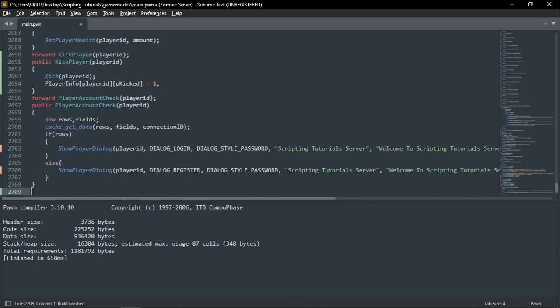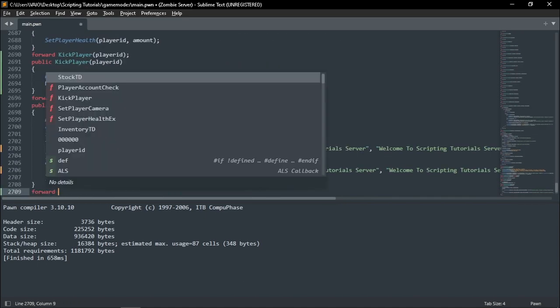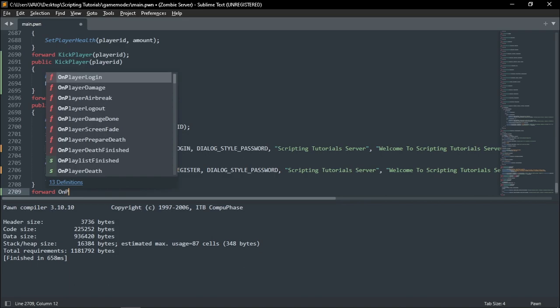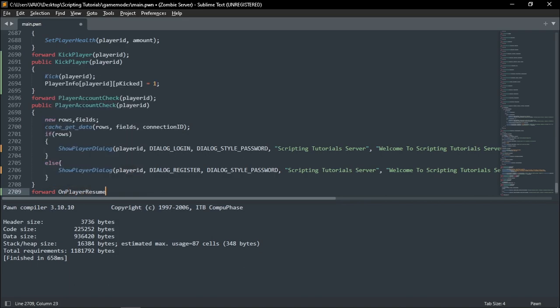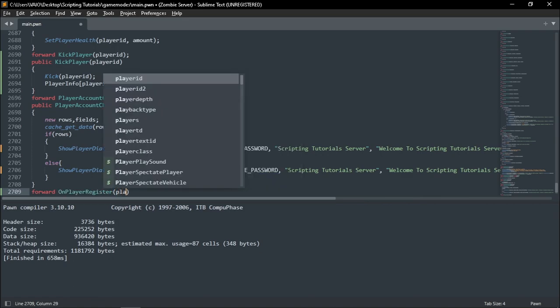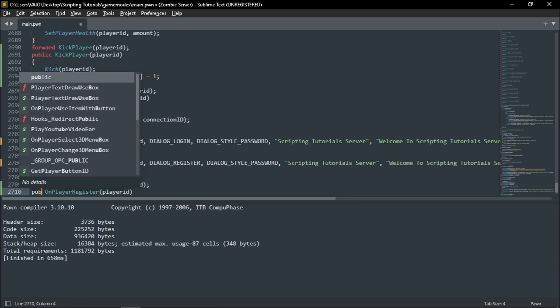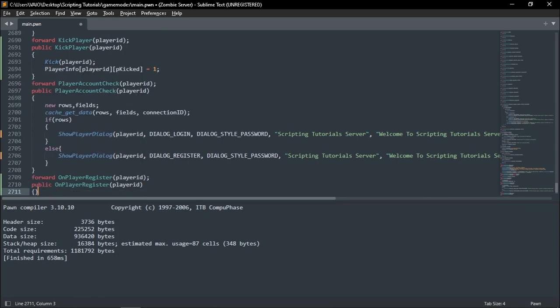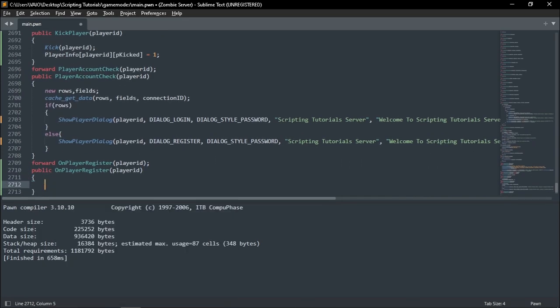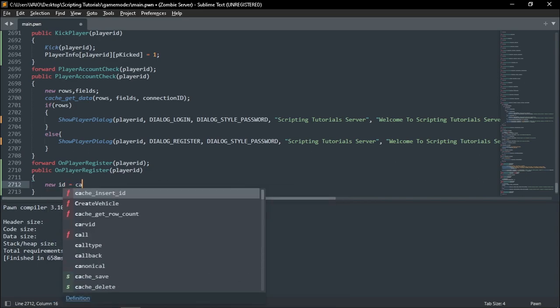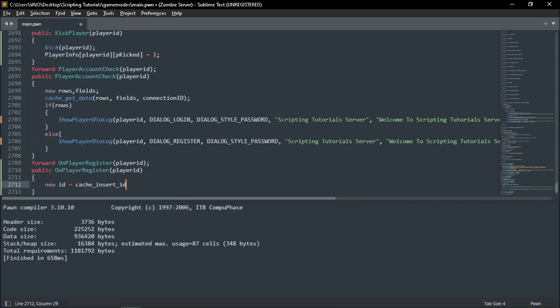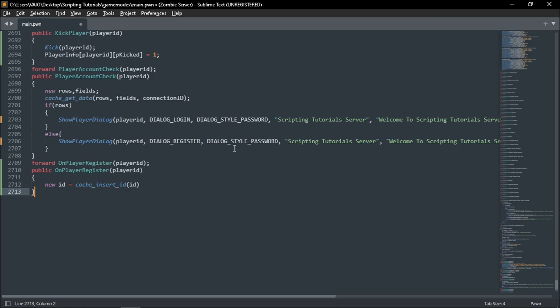So let's create a function called on player register, like this, public, and here new id is equal to cache insert id. So here add connection id,